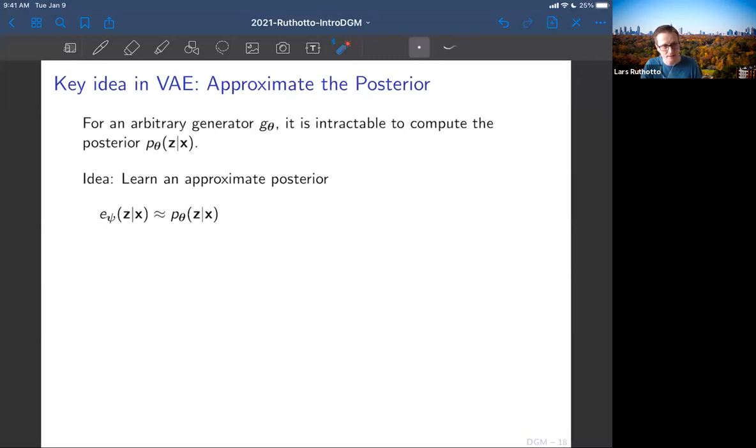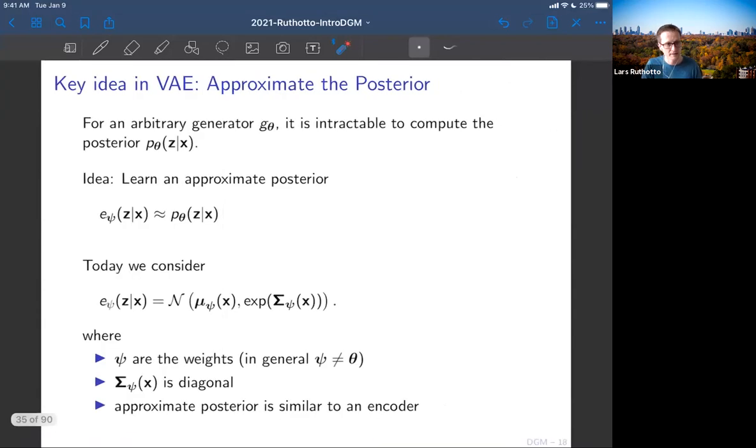Okay, so this E, remember, is a neural network with a fixed number of inputs, n in this case, and some number of outputs. I'm going to use those to parameterize a distribution. So in my case, because it's Friday afternoon and I want an easy life, I'm making a really simple assumption here that is for sure not true in your data set, namely that this posterior is going to be a Gaussian. So basically we are learning the mean of the Gaussian, and it's depending on X, and we are learning the covariance, which I will assume is diagonal even, okay? So it's a really limited type of model.